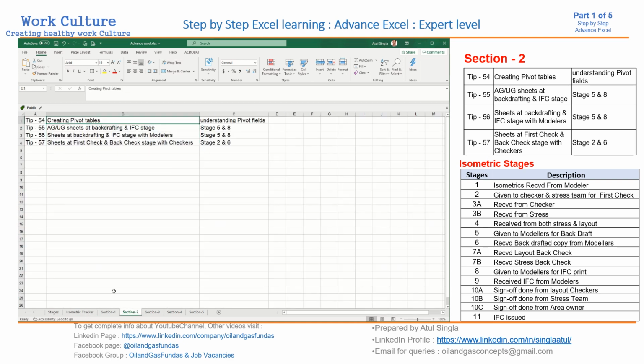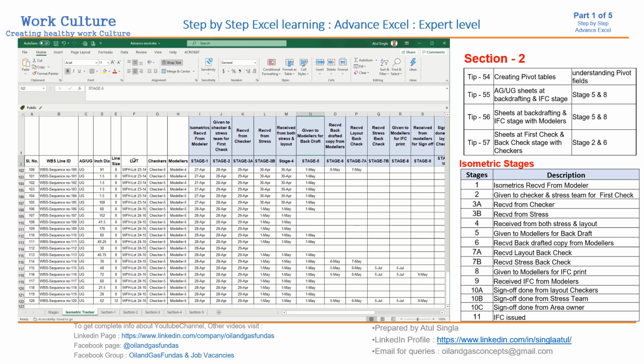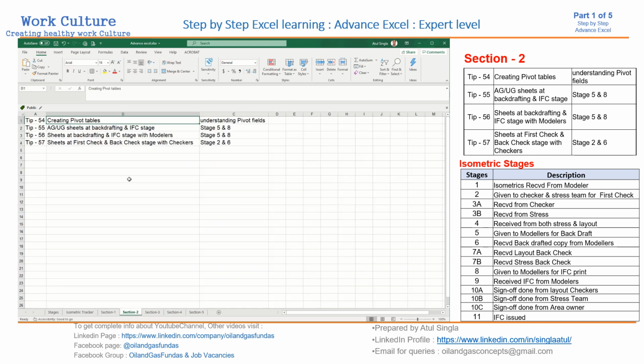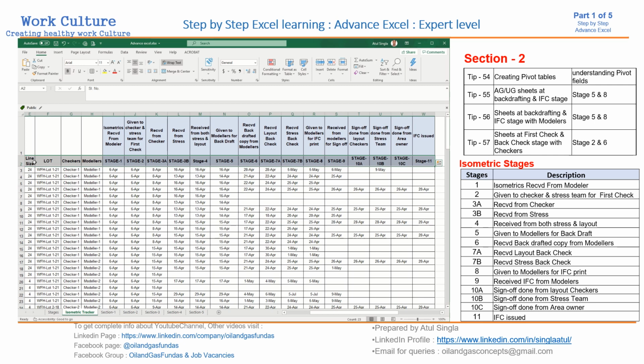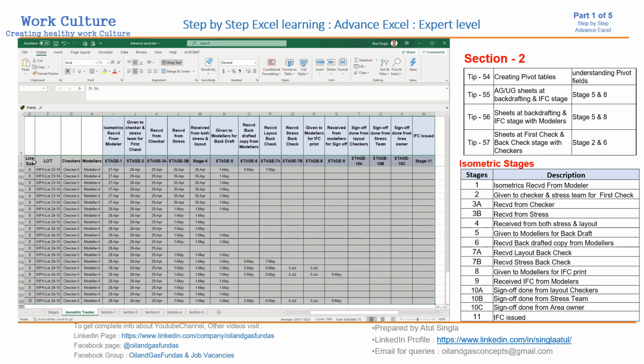We'll create a pivot table. We are having this database. First we need to select it. If you see here, we are having this section, so let us put our pivot table here only, or we can create a new one. First we have to select the headings, Control Shift and right button, Control Shift and down button. So this is the database from which we want to extract the data.